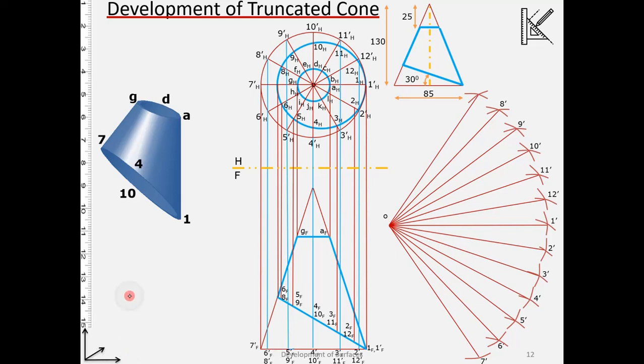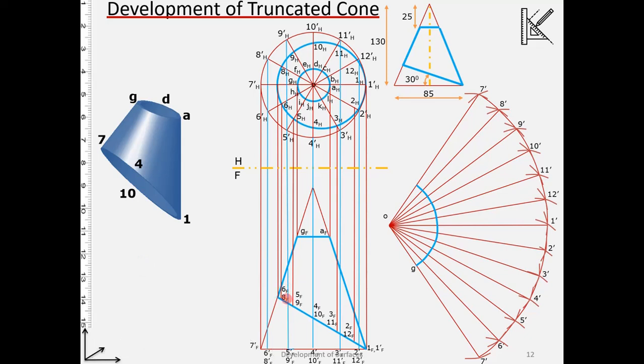Okay, now for the top one, so that's the base curve. Now for the top one, as we said, we also know this length, because this is also a true length. So from here we can take an arc, alright, and this part has to be removed. So now an arc has been taken. This is representing the top surface or top truncated surface, alright. Okay, now next we have to start locating these points.